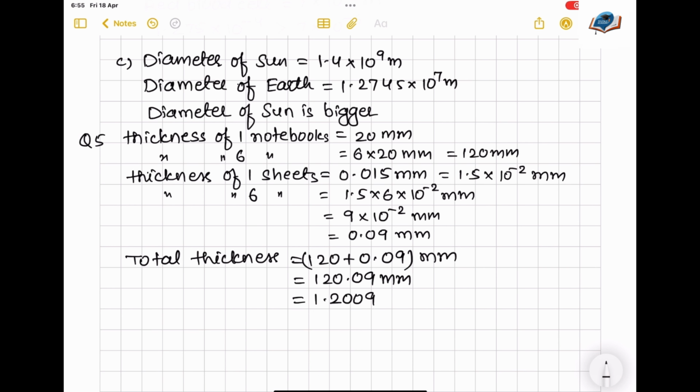So that will be 1.2009 into 10 raised to, left hand side I am taking the point. So what I have to do? Left hand side, if you take the point, what you have to do? Two points on the left I am taking, so 10 raised to 2 mm. So this is my